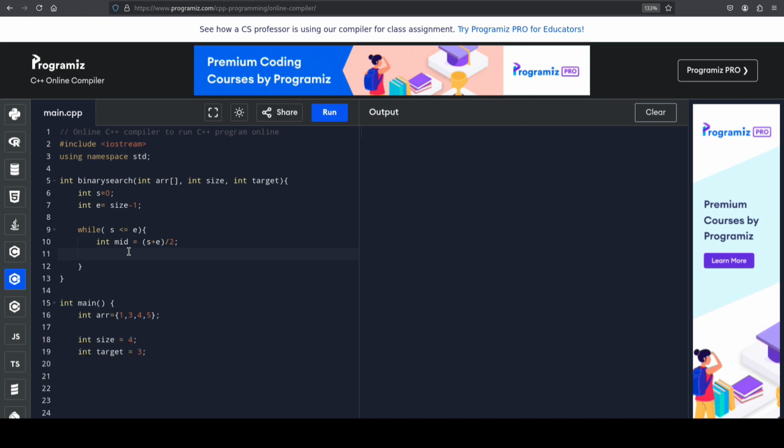So we want to find the midpoint, and then we want to compare it. We want to check if the element at the middle index of our array is equal to the target, and if it is, then simple as that, return the middle. This is only going to get executed if our element is found in the center of our array. However,